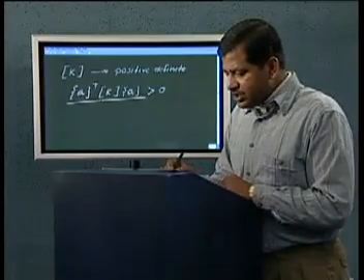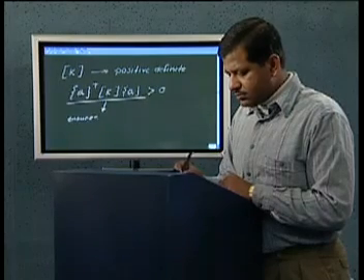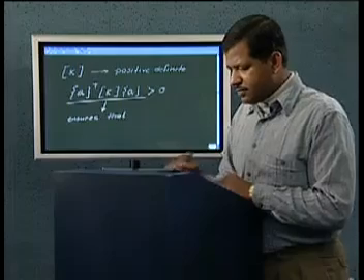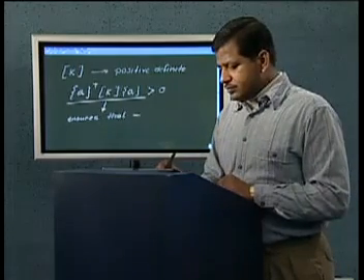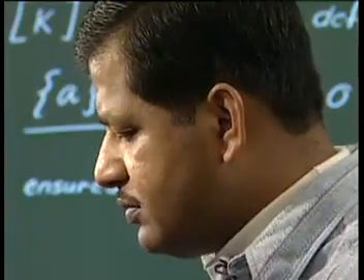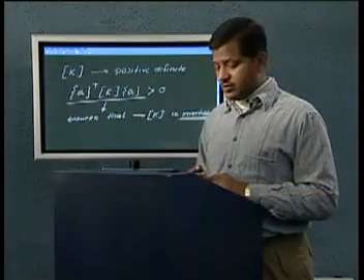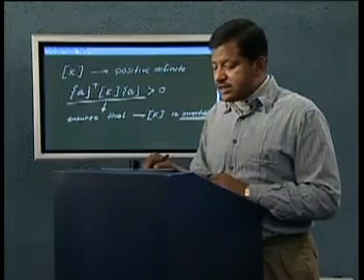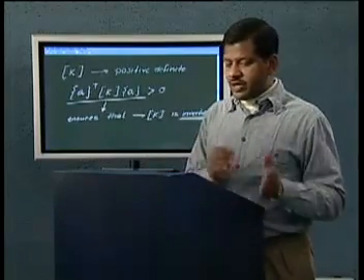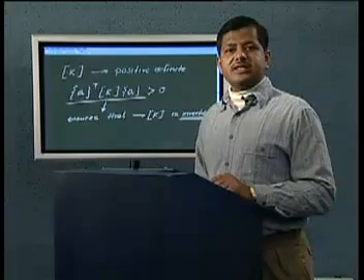Positive definiteness ensures that this matrix K is invertible. This was not obvious by looking at symmetry. A matrix can be symmetric but may not be invertible. It could be singular. But by this proof we have shown that, indeed, for our Ritz formulation of the model problem that we have taken, this matrix K is positive definite, which means that whatever be the n, we can always invert the matrix K.